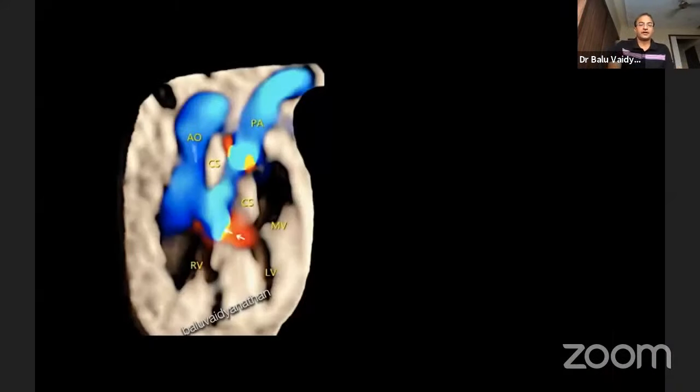And then let us imagine how the surgery can be performed. So this is the original heart. The aorta is completely from the RV and the PA is predominantly from the LV. So the first step to do is to,